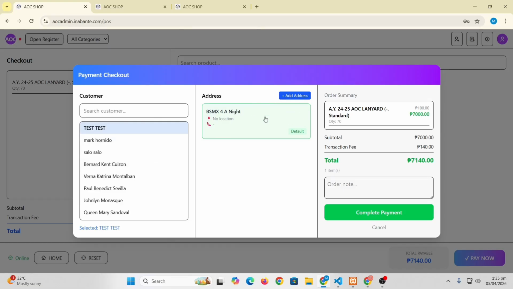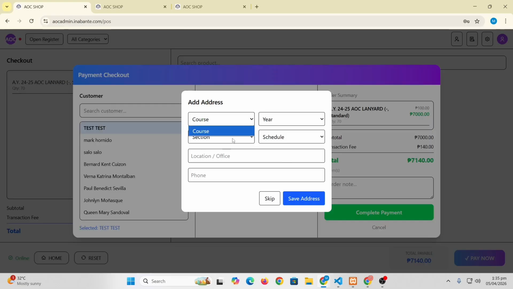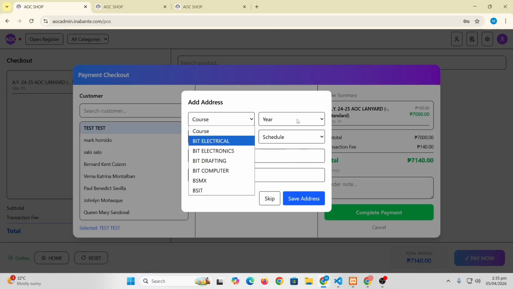We can add more addresses for it. We just select add address. For example, it's not a student, so we don't want a section and year for our address. For example, COT office. Just an office name and the contact number.